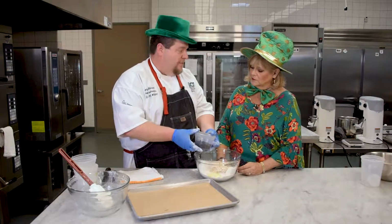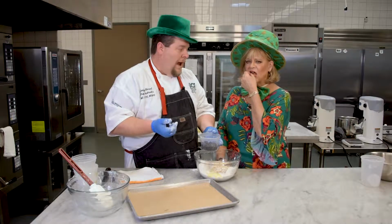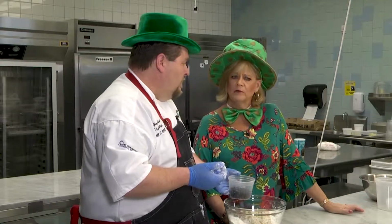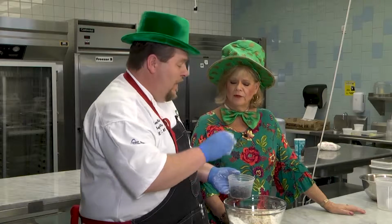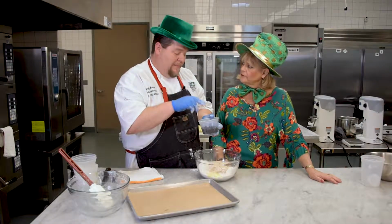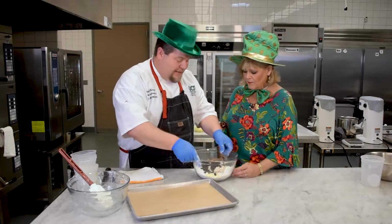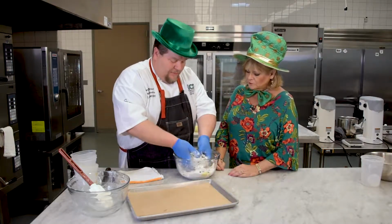And then we have some currants. Now I got some big currants. Are they like raisins? Kind of. More like blueberries. It's like a blueberry kind of raisin. Really delicious. I love these. I like to toss them in white chocolate, make little tiny dipped ones. Of course. He's a chocolatier. So we're going to take all this together and with gloved hands,